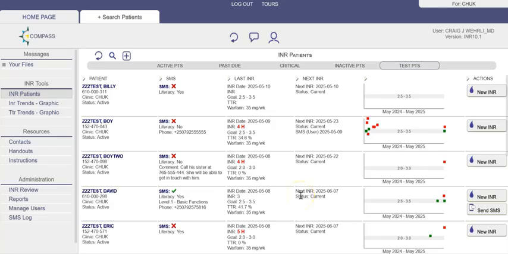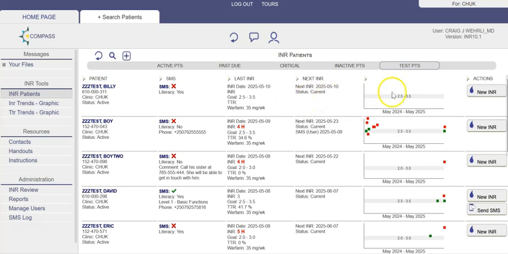Shows how to enter new INR values in patients. And we're going to, there are several ways to do this, but this is the most common way. In this view, you'll see that we're in the INR patients view, and these are test patients only. And at the top of the list, there is this patient, Billy ZZZ test, who is a new patient entered